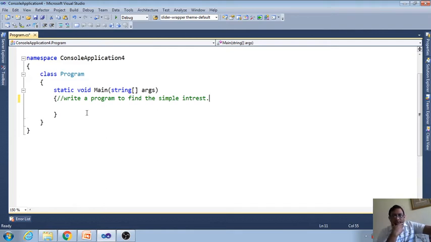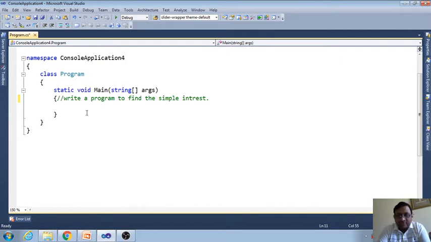For the loan, the bank says if you take a loan of any amount for 2 years, we will charge 5% per annum. So in this case, how much interest we need to pay, we can calculate using this program.